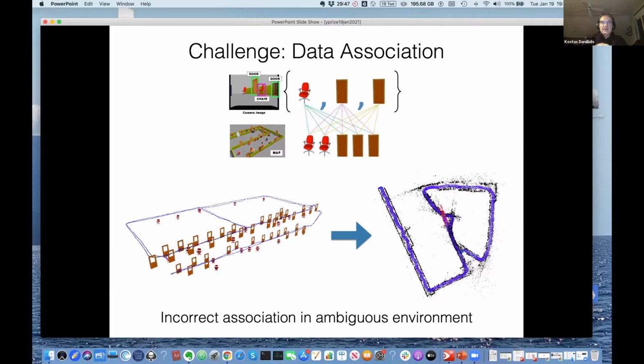And if any of you are in my department in computer science, you know that this combinatorial problem might have even exponential complexity. And if you don't solve this problem in the right way, and you just follow what we call a greedy solution, like just choosing the next best association without looking ahead or without having a global optimization, then instead of building this map on the left, you might build this quite distorted map on the right.